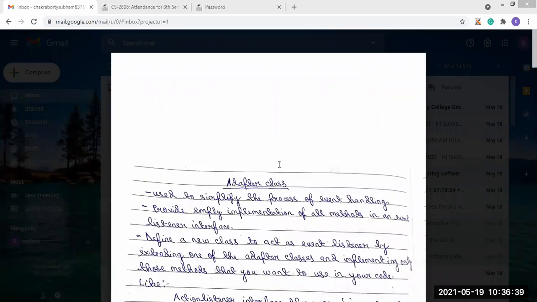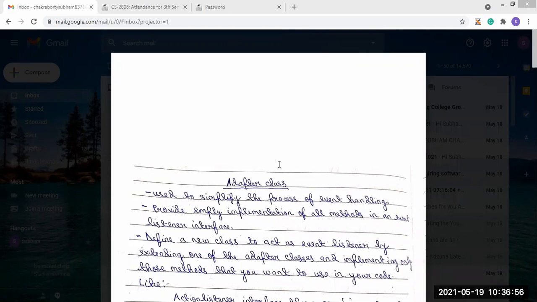For example, in the mouse motion listener, there are two methods present. Which two methods? Mouse moved and mouse dragged. We know these two methods are present.